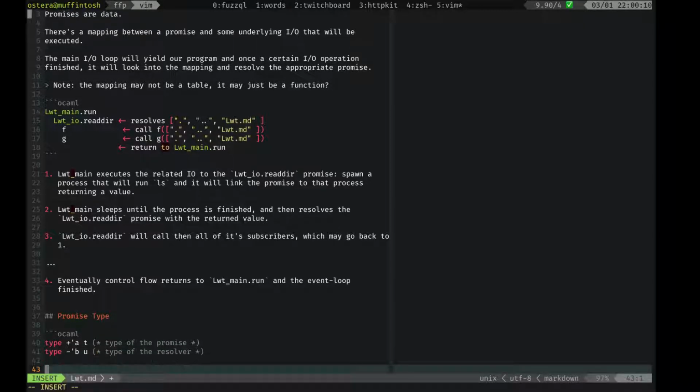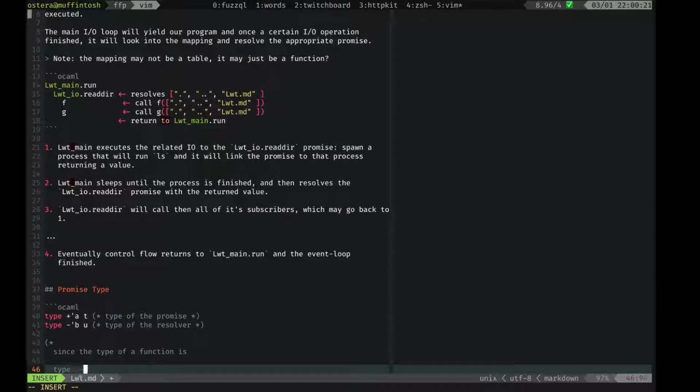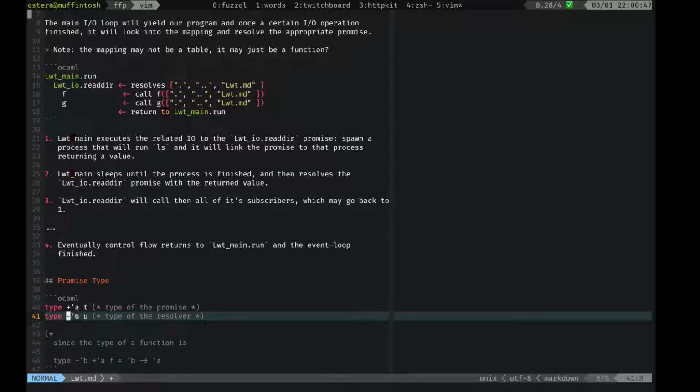And if you think about it, since the type of a function is type E contravariant A, okay, I'm gonna do the same letters as above so it's not confusing. F, and then you get like B, F, oops, A. Then you can see that the promise will result in this type, but the resolver has to bring one of this. So